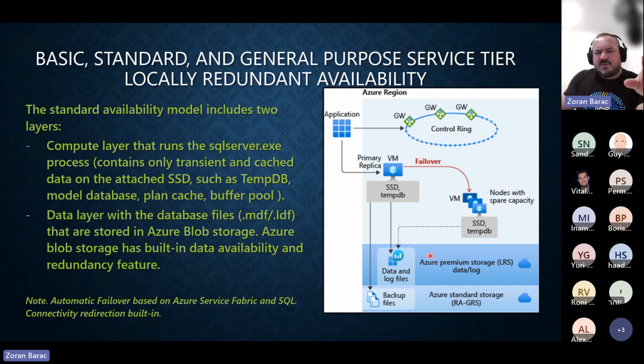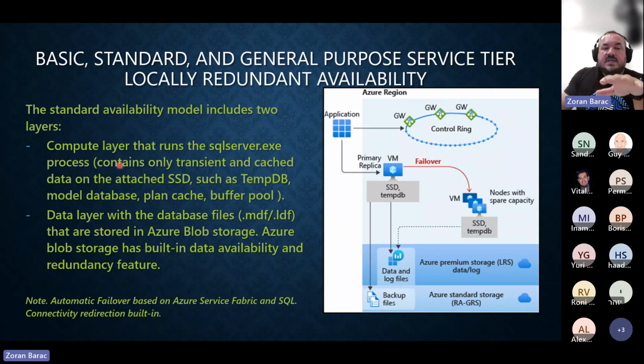Actually it's not one rack, because all of those deployments enforce the fault domain and update domain concept, which means that when you deploy this, they guarantee that those nodes are not going to be in the same rack. But still, you can see the backup is on geo-redundant storage. So if this is down, you can still restore your backup somewhere else, but it's not going to be accessible if this data center is down.